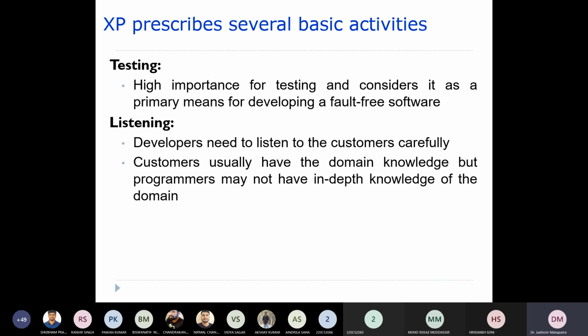First you should listen to the people who have banking domain knowledge, because programmers may not have that much banking knowledge. So you should always listen to the customers very carefully. That is the only way we can identify the exact requirements.